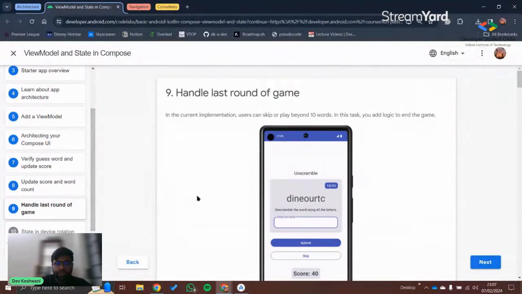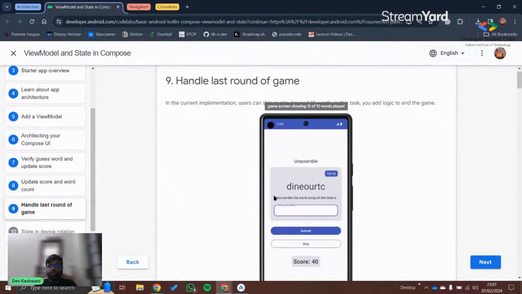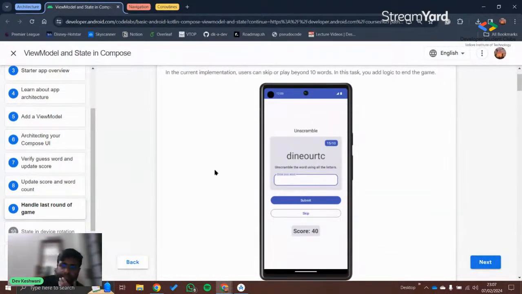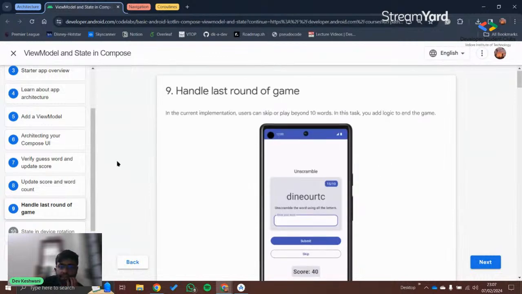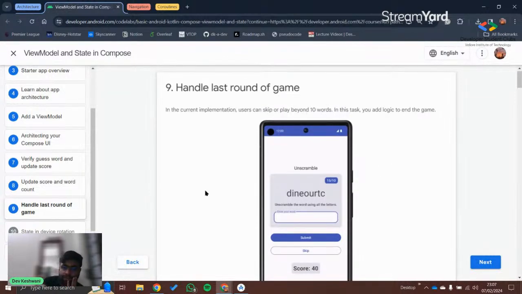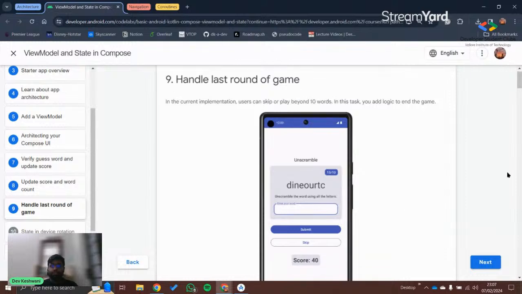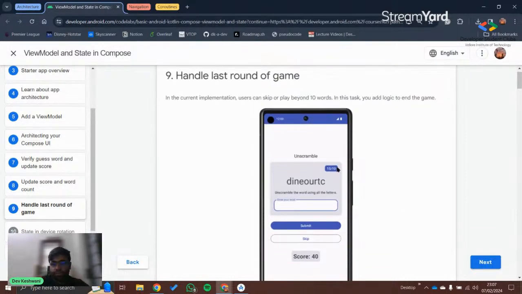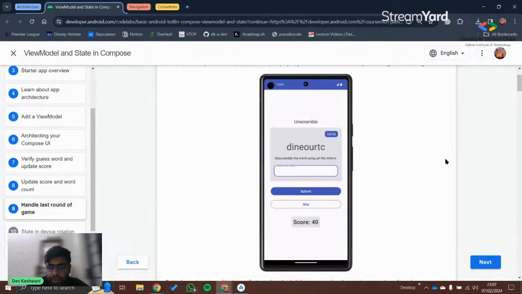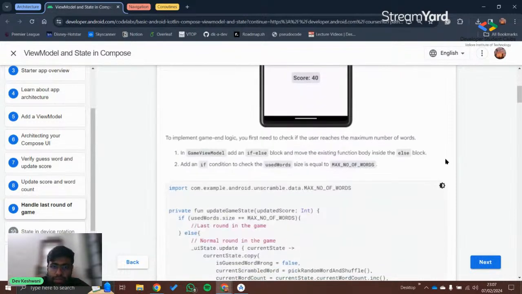Now, I told you how we are handling UI for the app. Now, for handling the last round, as you have seen, if you won't handle the last round, pressing the submit button or skip button again and again, we can get to a condition called UI overflow. Basically, you can see we have 15 out of 10 over there, which is not possible for our app. So what we will do is